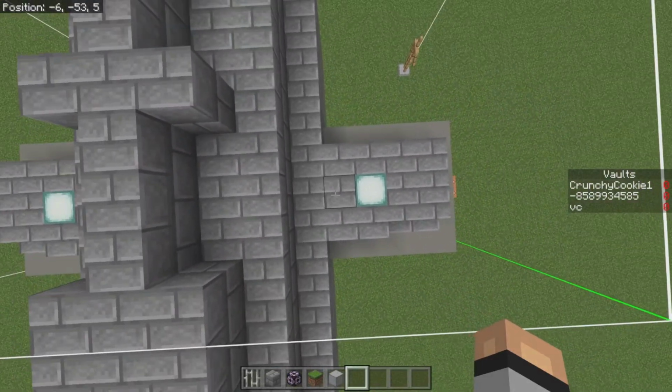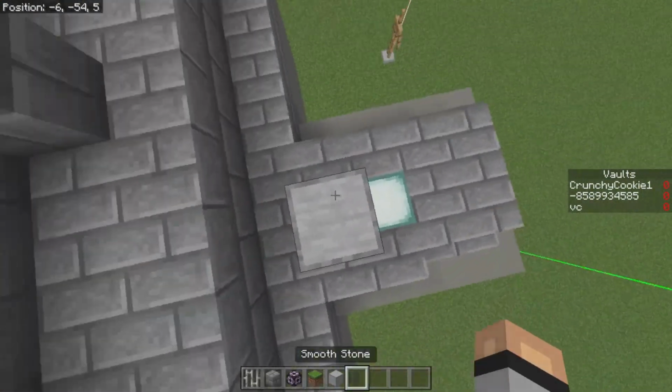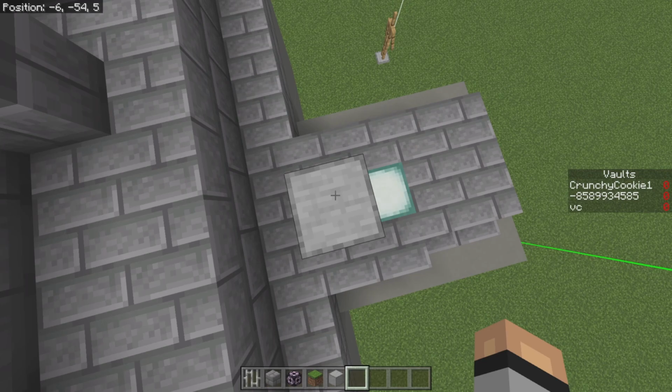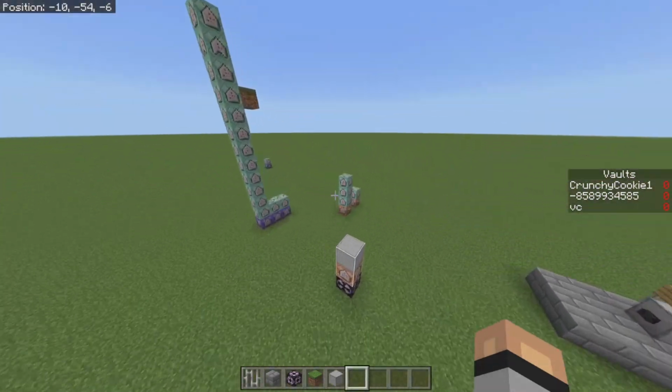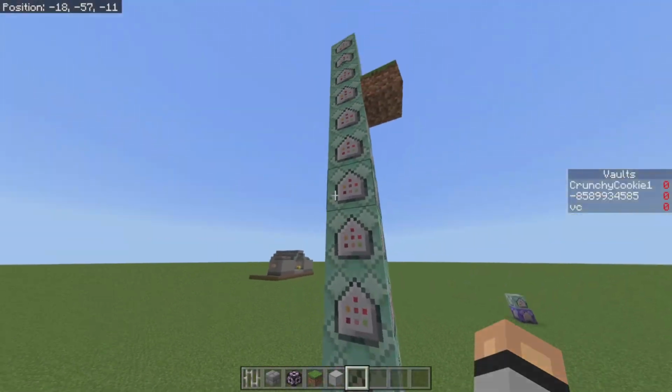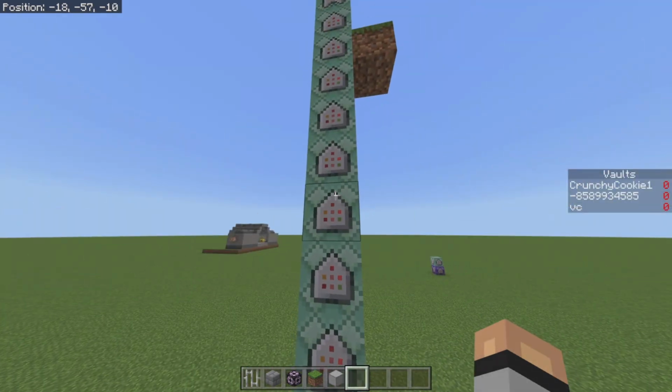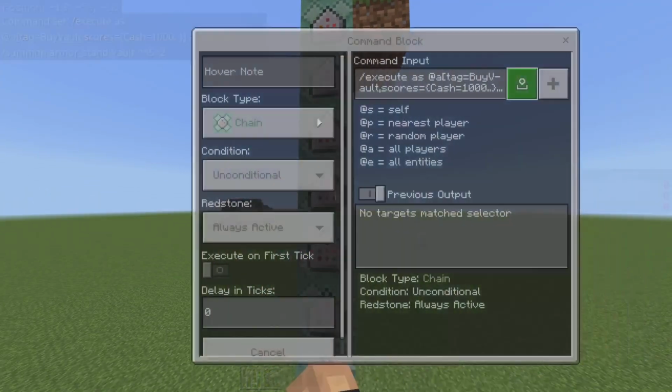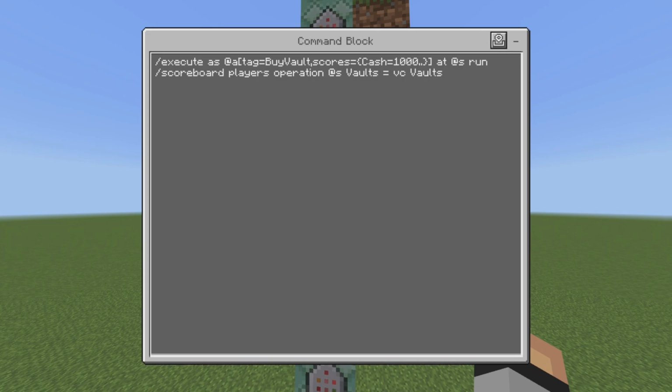So right now it will be floating, so the armor stand gets summoned right here, but it will drop down. It doesn't really matter how high it goes. You can do like 10 or something like that. But I did 5, and so after summoning the armor stand, you're going to want to do this command, which is